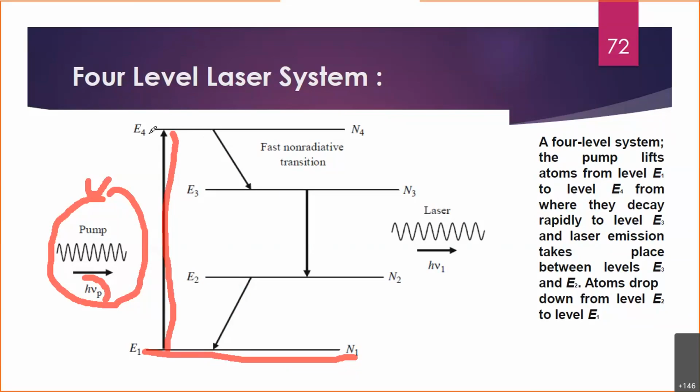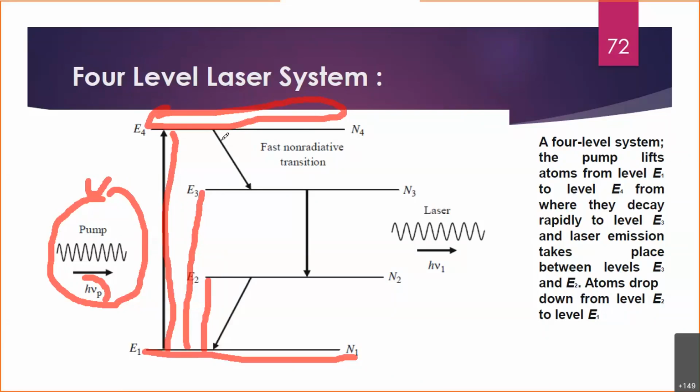But of course, I'm repeating the same thing: there are chances that instead of reaching level 4, they can get stuck at level 2 also, or at level 3 also. But if I provide this much frequency or high energy from the source, then I expect that the majority of the particles will reach level number 4. But remember, chances are everywhere, like 1 to 3 is also there, 1 to 2 is also there, so you cannot neglect it. But compared to 1 to 4, 1 to 3 and 1 to 2 are very less, so many times we skip this.